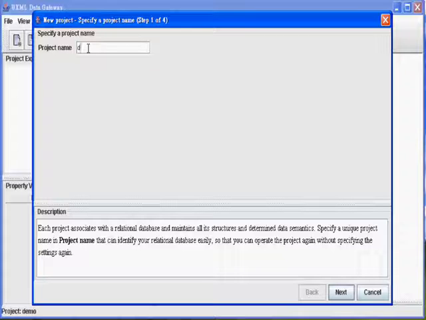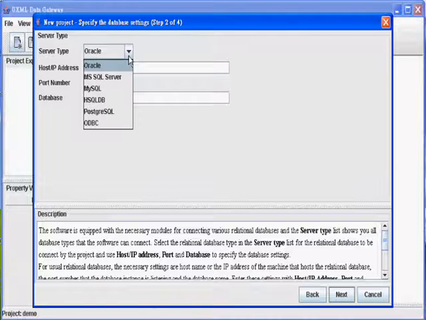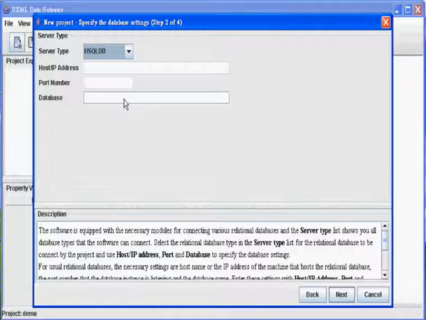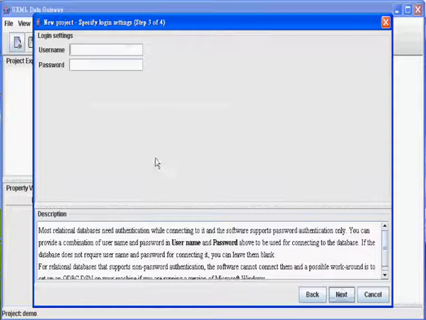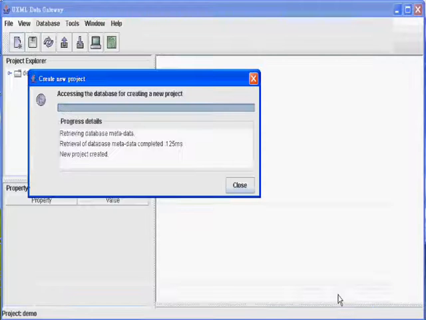For the first step of dialog, enter the project name, Demo. Then, click Next to specify the settings of the relational database for the demo database. Select the database server type, HSQLDB, and enter username, SA, and you can leave the password blank. Click Next again. The final step shows all the settings that you provided for you to confirm. If you feel comfortable with the settings, click Finish and the project is created and a new item is shown